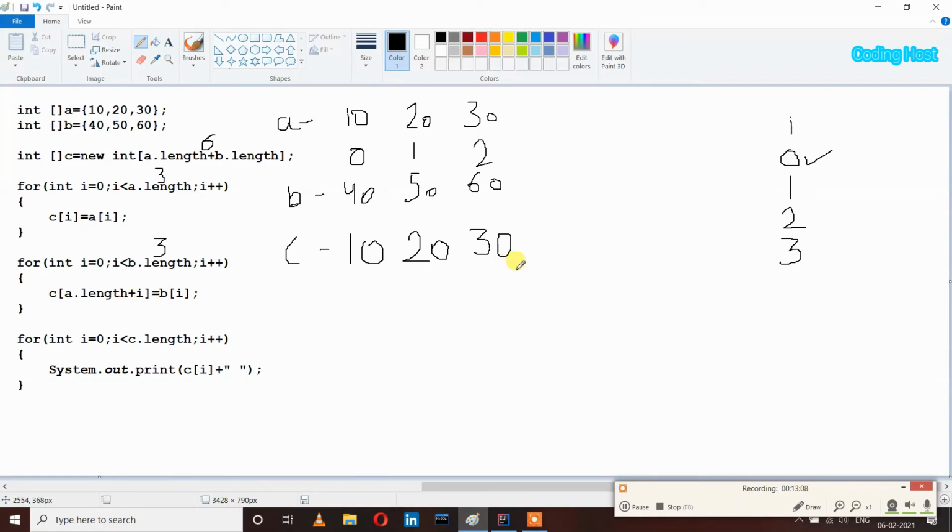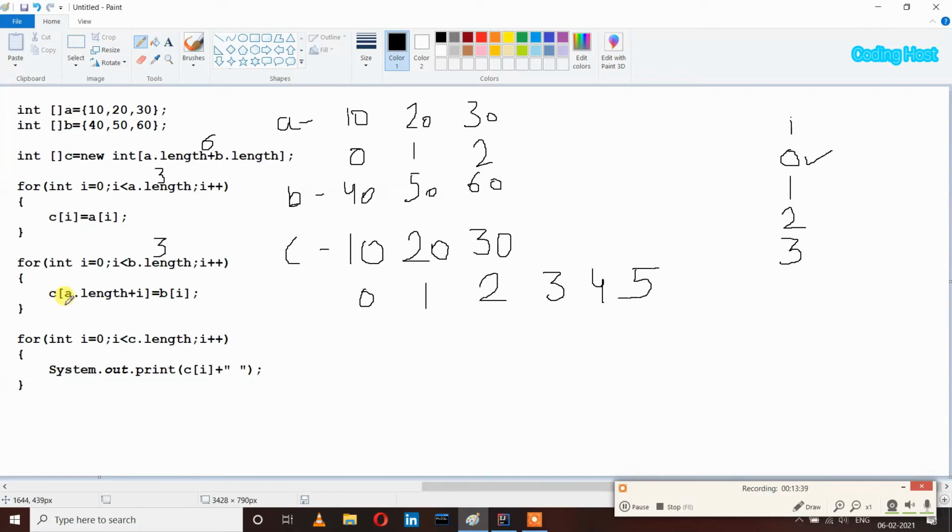So now we have to enter the elements of array b in the array c at the next indexes. We have elements in array c at indexes 0, 1 and 2, and now we have to insert elements at the next indexes, which are 3, 4 and 5.